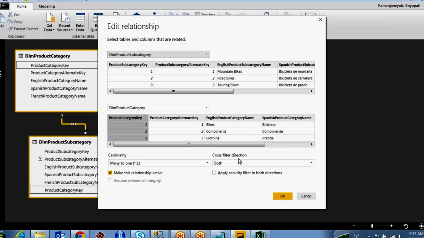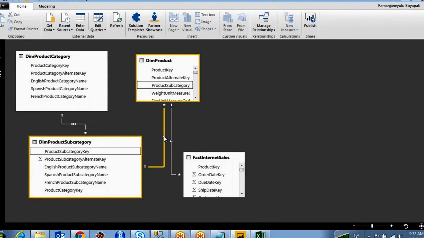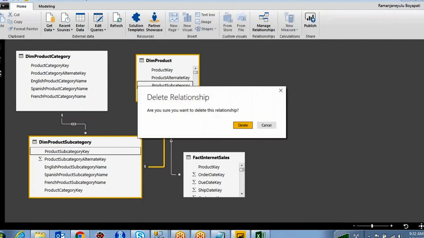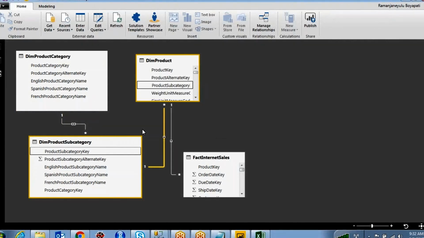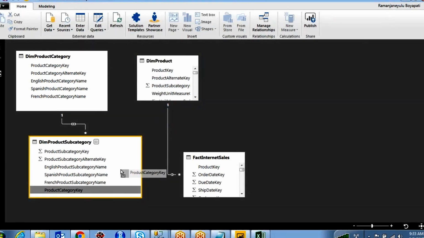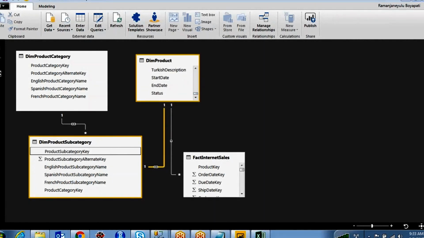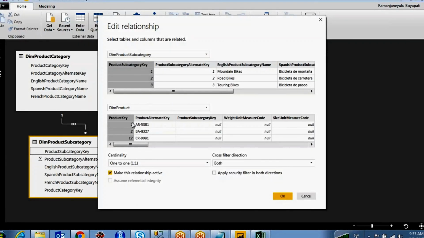Okay, this is very important. So in this way, if you want to make a relationship between tables, for example, I don't have a relationship between dim product subcategory and dim product. How can you make the relationship? I don't have anything in between these two. You just drag and drop product subcategory, not product category, and move it onto this. It will create the relationship. Open this one, product subcategory.